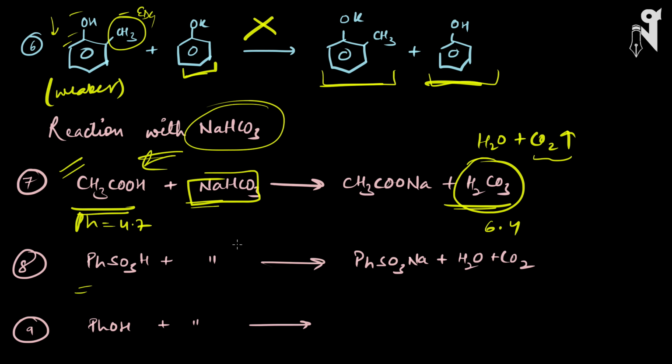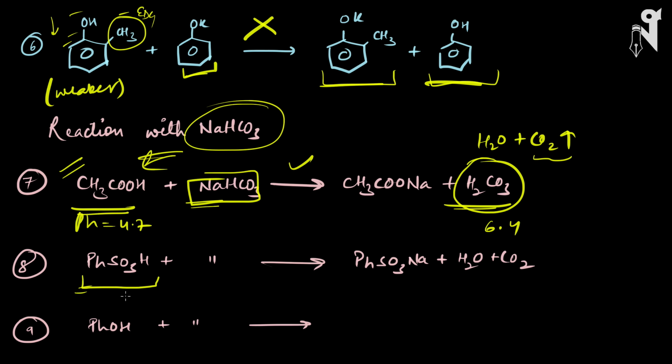So this particular question can be asked in many ways. Whether the reaction is feasible or not, this is one question. Other is, which of the following compounds can release CO2 on reaction with NaHCO3? This is another type of question. They can ask you the feasibility, they can ask you the direct test, whether the given compound shows the test with NaHCO3 or not. And the third type of question they ask you is whether the reaction with NaHCO3 of a particular compound will release CO2 or not. These kinds of questions can be asked from the reaction with NaHCO3. Now the next compound we have is sulfonic acid, benzene sulfonic acid.